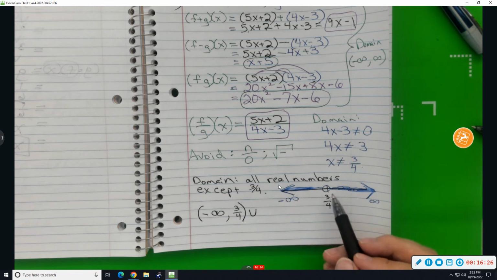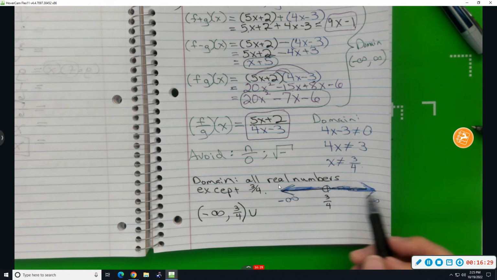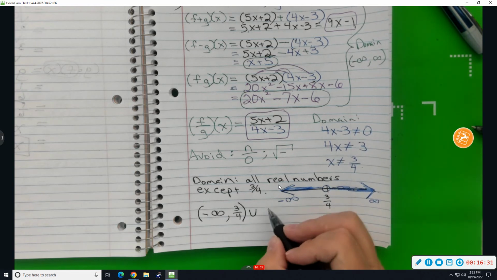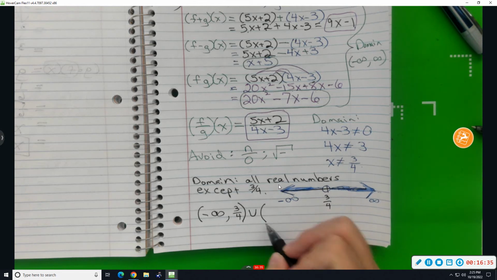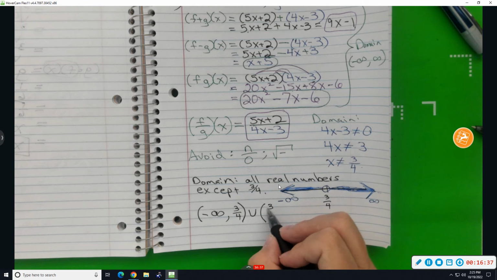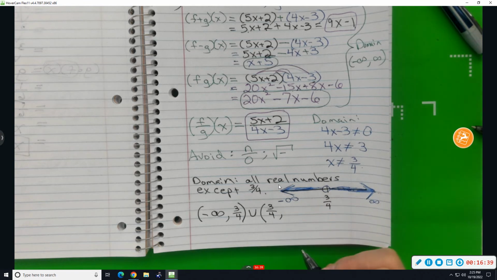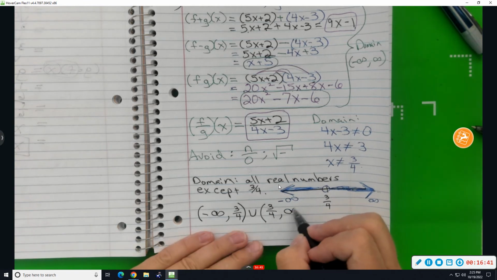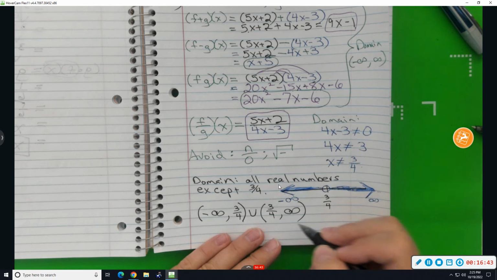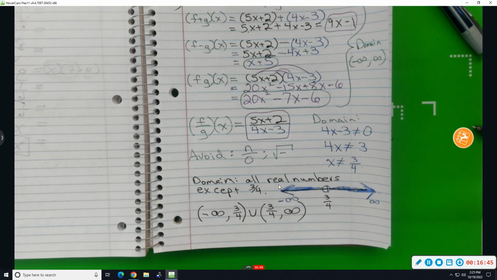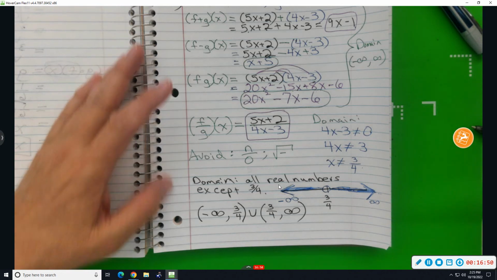Union. Now we want the second interval, the one to the right of 3/4. Call it out as if you were typing it in. Parenthesis, 3/4, comma, infinity. In parentheses, for what it's worth, problem 1 is the longest problem in the assignment, and the funny thing